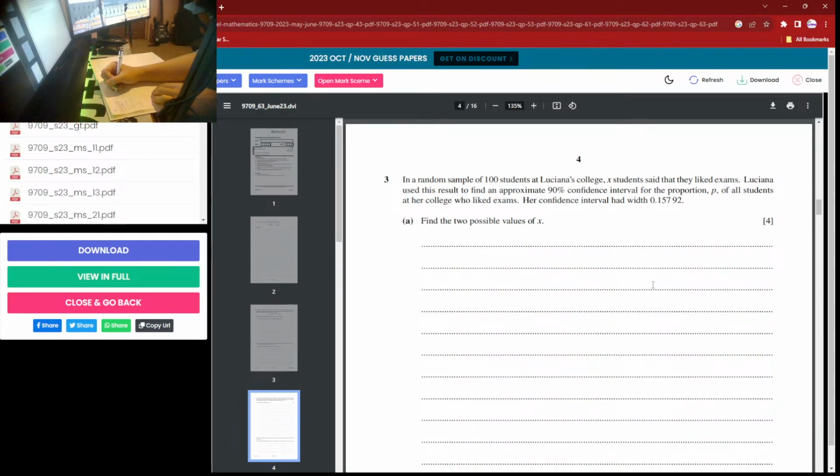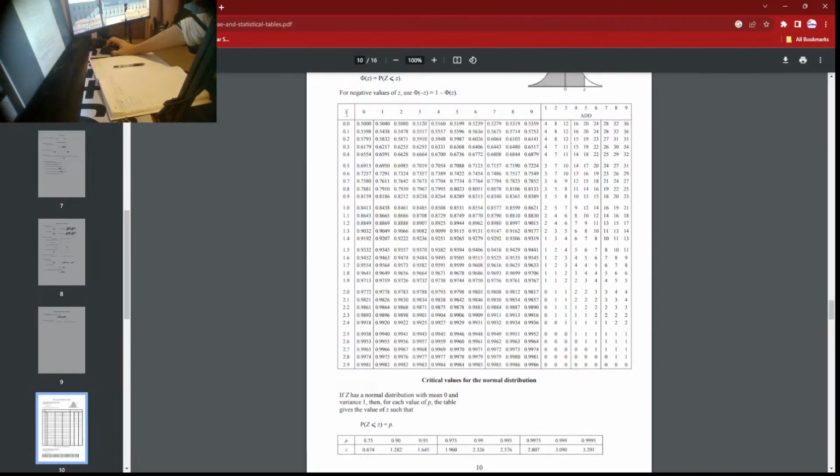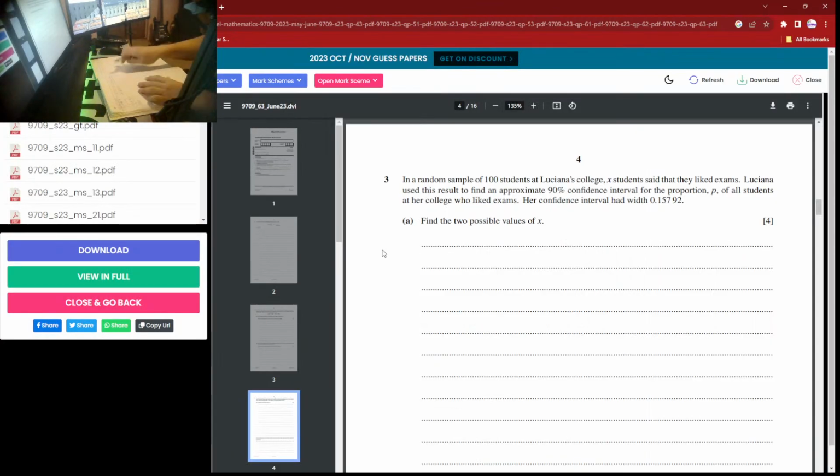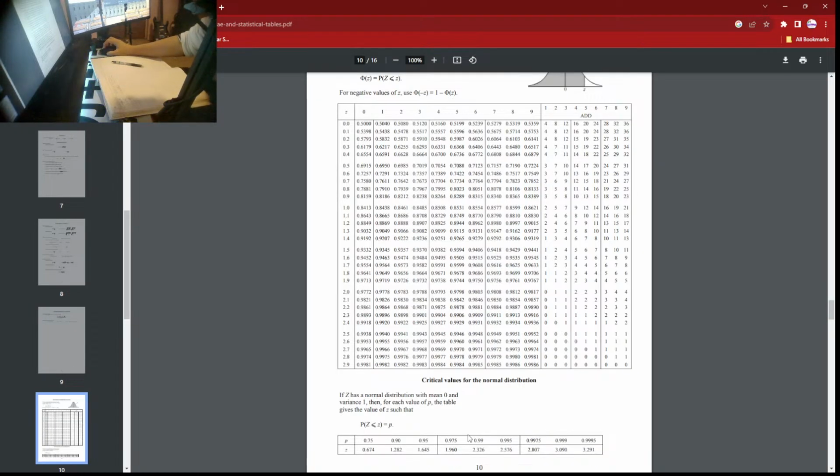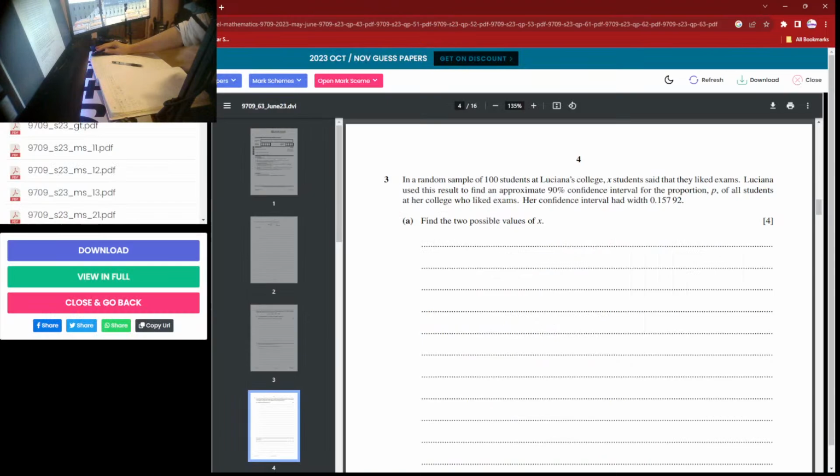So from this, we just need to find n actually. For the 90% confidence interval, both sides would be 0.05, 0.05. So from that, we see what 95% is. That means that one whole side is 95%. From that, we'll find what 95% gives us, 1.645. So z is 1.645, so 1.645 times root of, and you have to times this by 2, root of